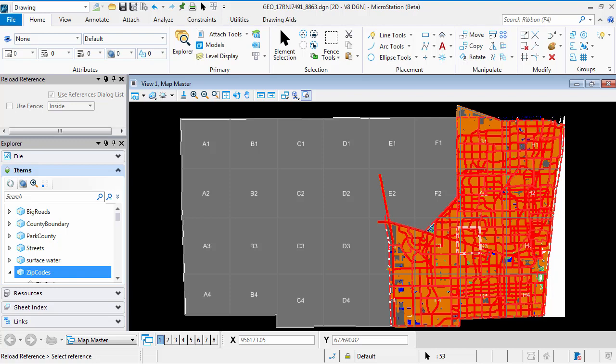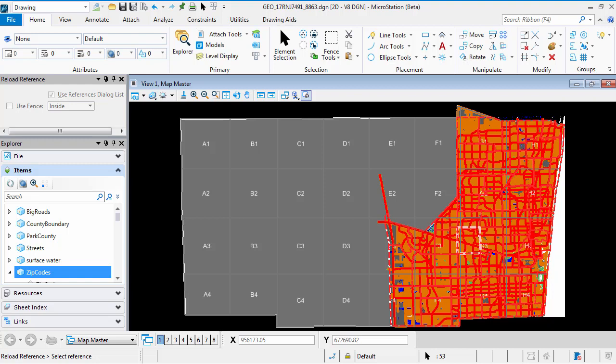Welcome to the quick start for mapping using MicroStation Connect Edition. In this session, we're going to take a look at how we can display aerial imagery. We're going to attach aerial photographs so that we can see them in the context of our mapping project. Of course, displaying aerial photographs is helpful because it allows us to view existing infrastructure and provides a visual reference for the project location. It also allows us to go ahead and digitize some geographic features that may be missing